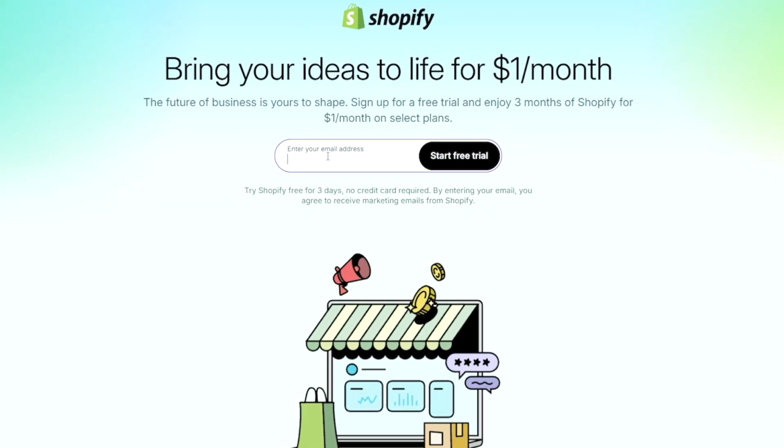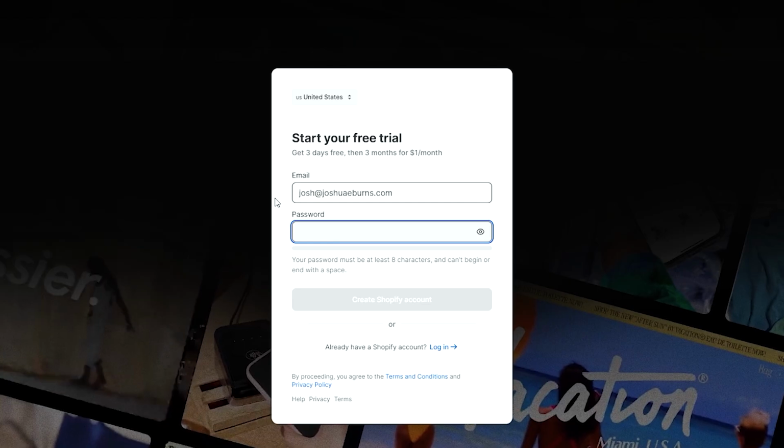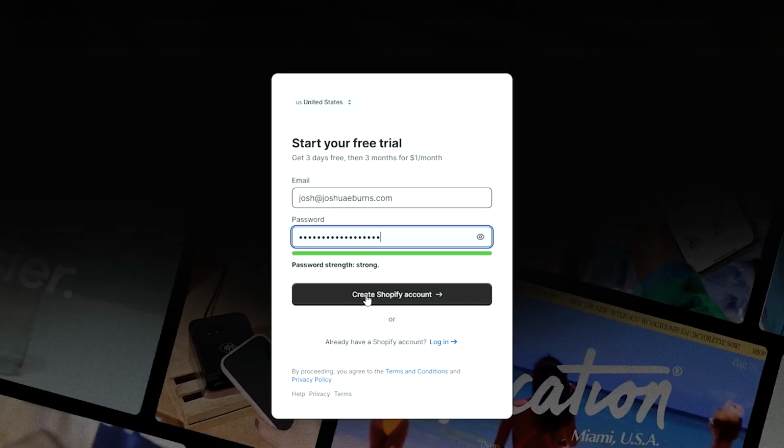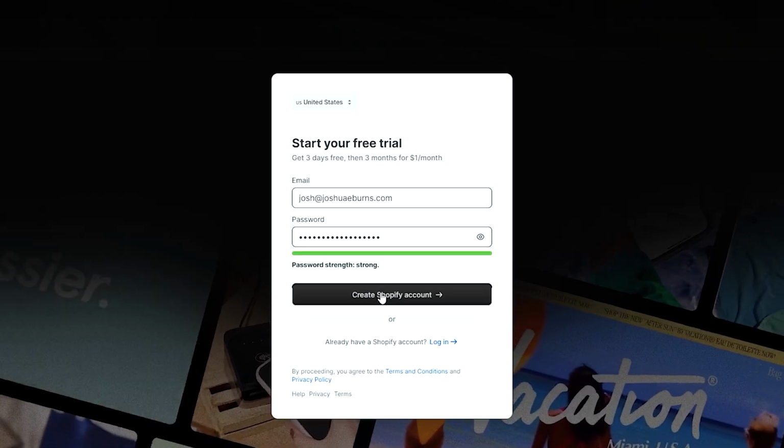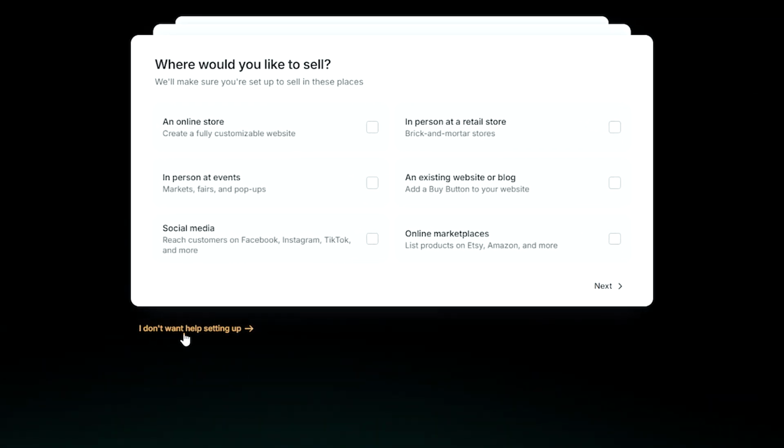So go ahead and enter your email address on this first page here and then click Start Free Trial. Okay, now enter a password and then click Create Shopify Account right here. Since we're building your store in the fastest way possible, we're going to click I don't want help setting this